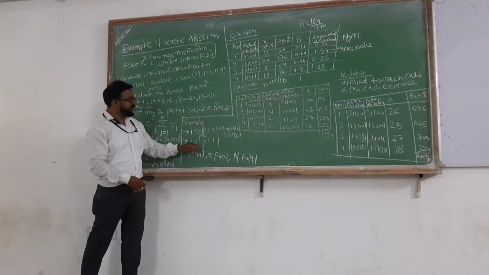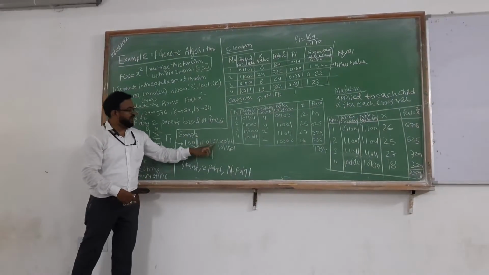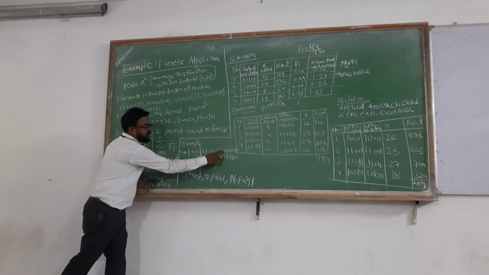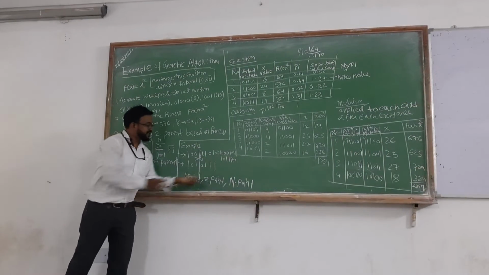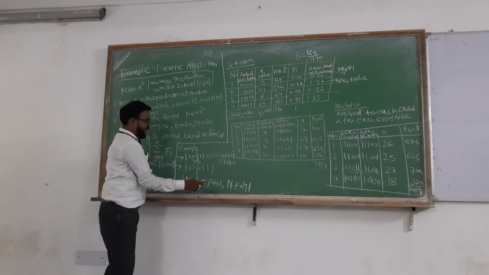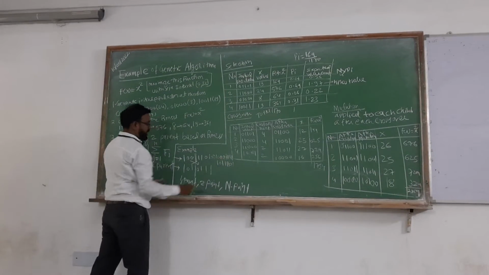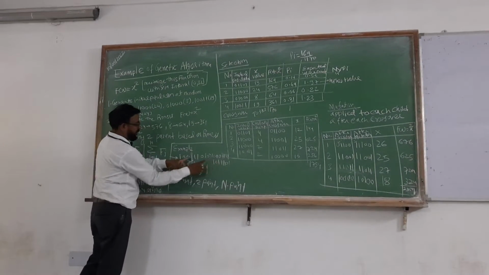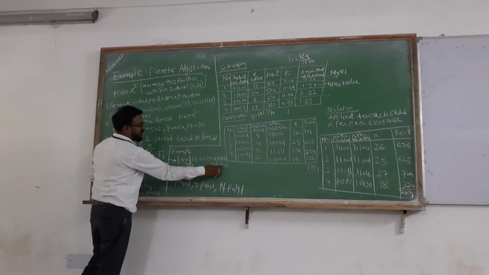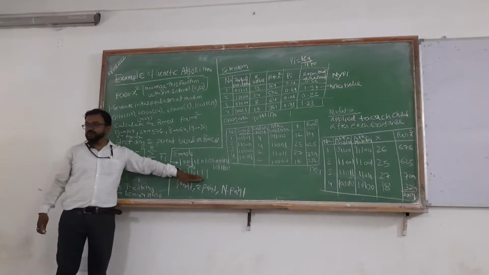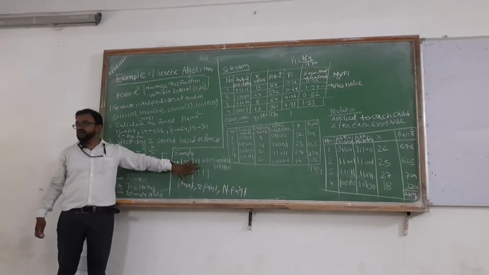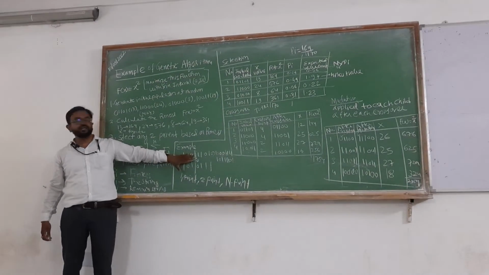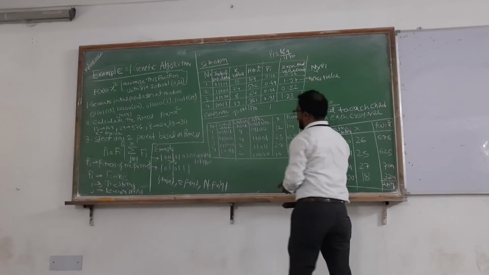Similarly 1, 0, 1, 1, 0, 1, 1, 1, 1, 0, 1. See here 1, 0, 0, 0, 1, 1, 1. 1, 0, 0, this 3, and this is 0, 1, 1, 1, 0, and this becomes 1. Right. Similarly 1, 0, 1, 1, 0, 1, then 1, 1, 0, 1, 1, 1, 0, 1. So like this we are doing the swapping. It is called crossover. Similarly these concepts we are going to apply to this particular set of problems, right?